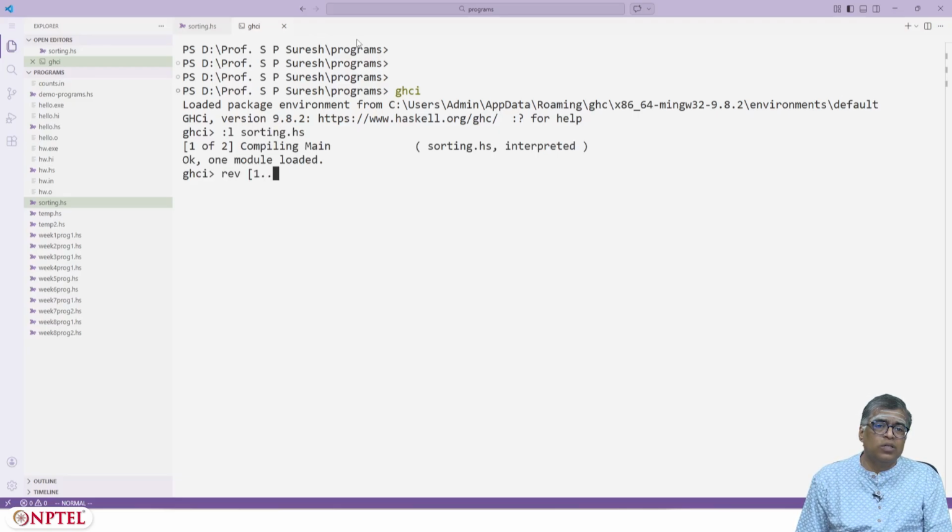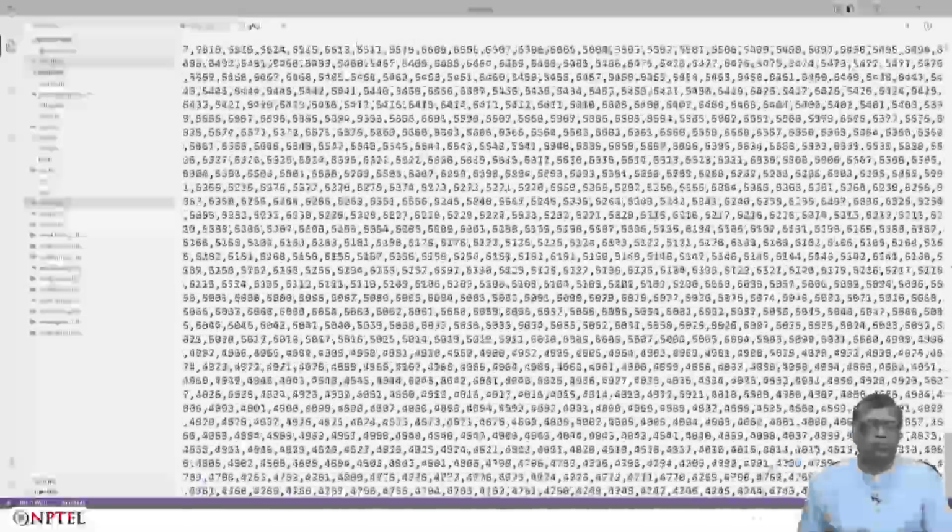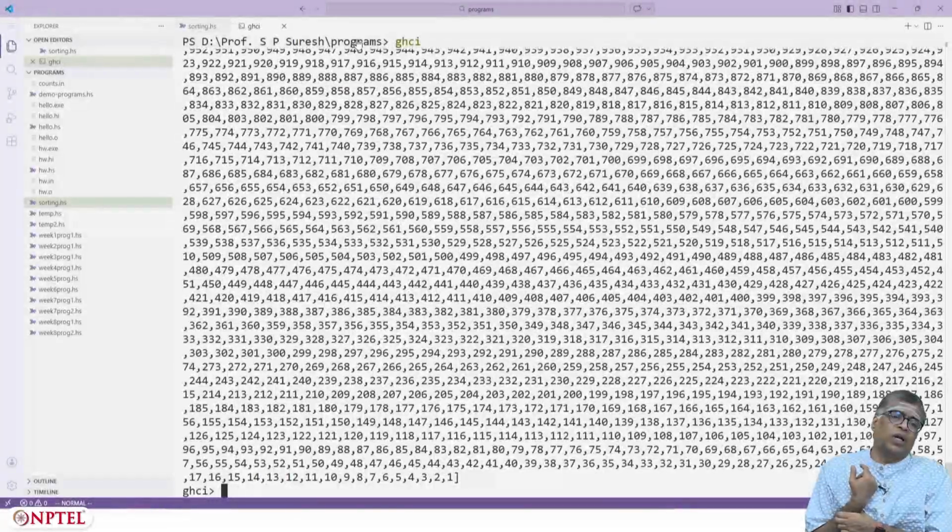Let's take a long list, 1 to 10,000. Of course, there is some time that it takes to print this whole thing.